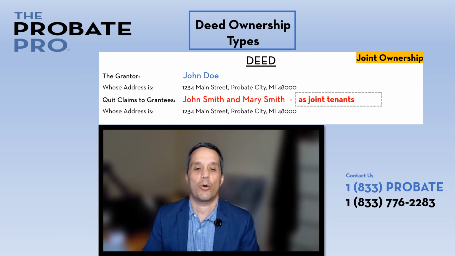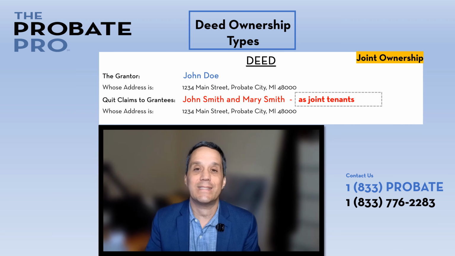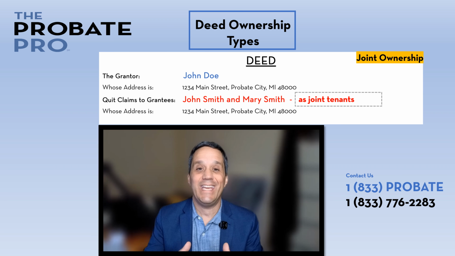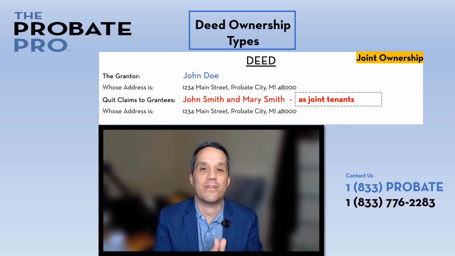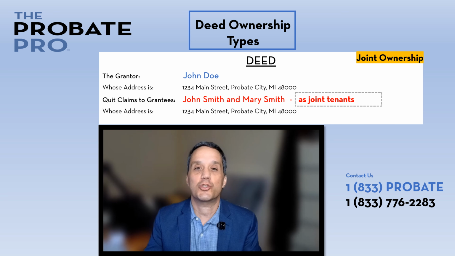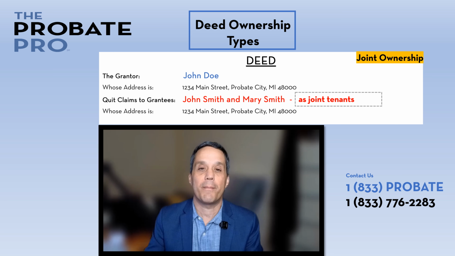What about joint ownership? Well, if they use the term joint tenants, that means they have an undivided interest in the whole. They each own 100%. Upon the death of John Smith, Mary Smith becomes the owner. She's the sole survivor of the two of them. And then upon Mary Smith's death, her interest would flow to her estate. So it is the second to die.